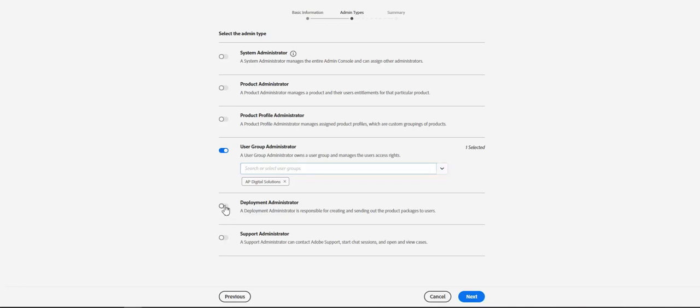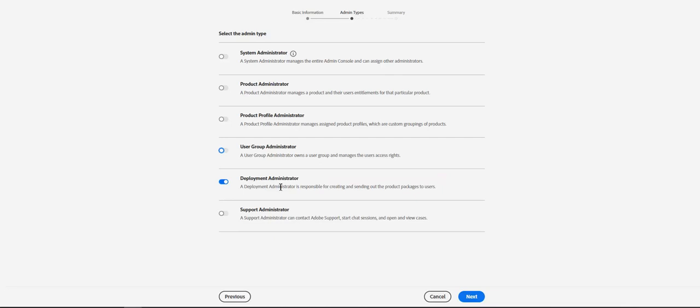Now if we talk about the deployment administrator, the deployment administrator takes care of the software packages and the updates. His role is to create a package wherein he can include multiple products based upon the requirements of the end users, and he can deploy it on the end user machines. If we have new updates available for these products, he can again go to the deployment tab and create a new package which includes the updates as well. His main role is to create packages and give these packages to the administrators or just deploy these packages to the end user machines.